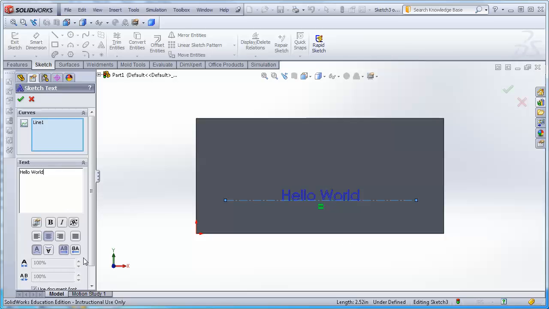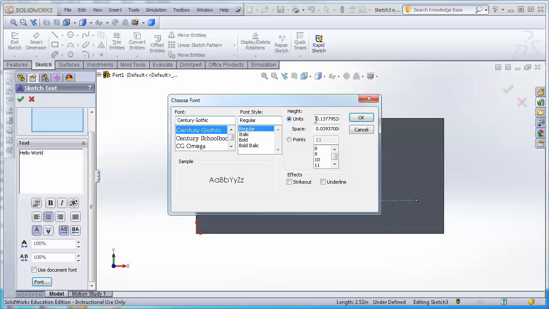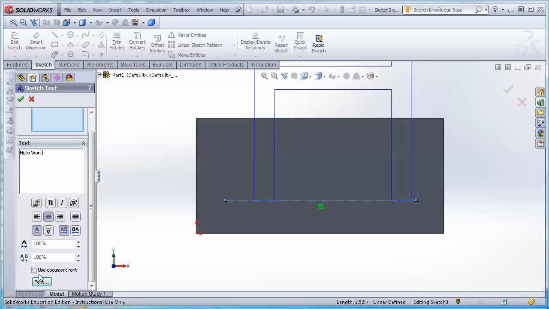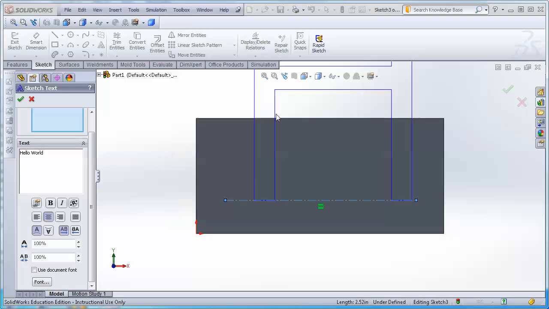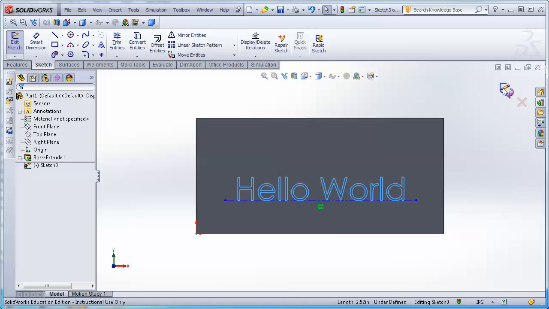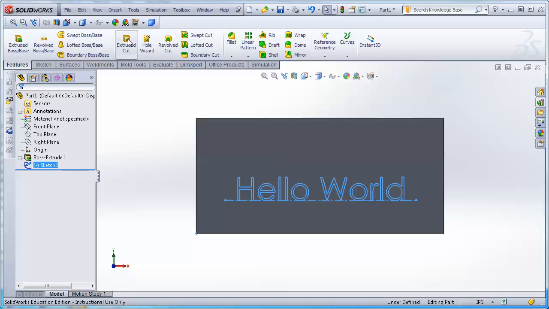Okay, and I'm actually going to make it a bit bigger by selecting, well, let's make the font, no, we'll actually select the font, and let's go to 0.137. Let's make it a size 3. I think that'll, no, not what I intended at all. I've intended a 0.3. Okay, that looks pretty good. I'll accept the text, and I will accept the sketch, and with that sketch I'm going to do an extrude cut,